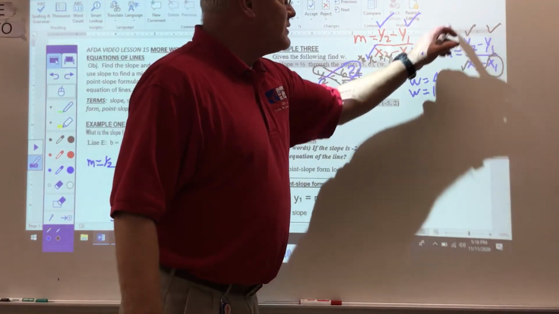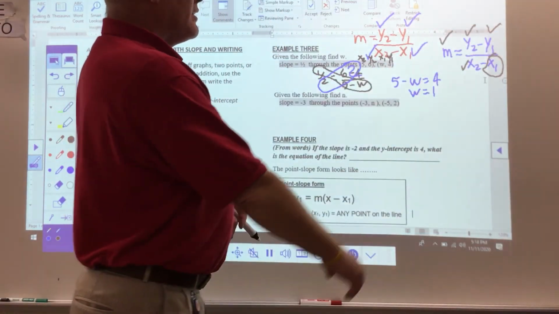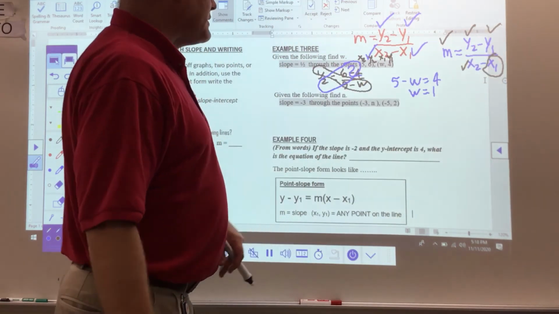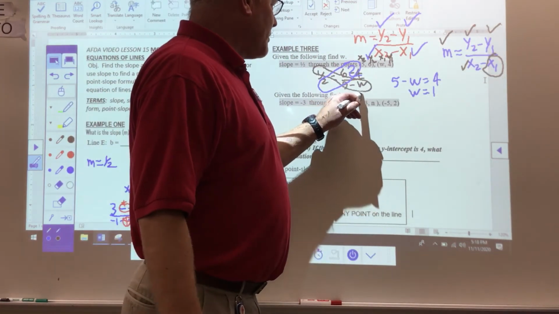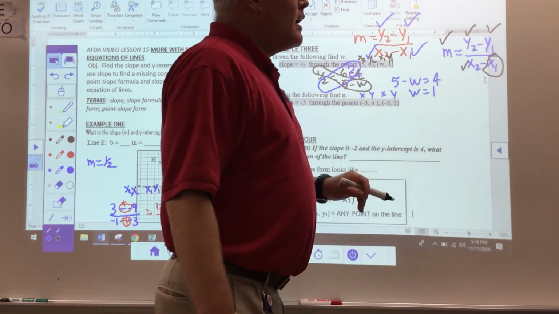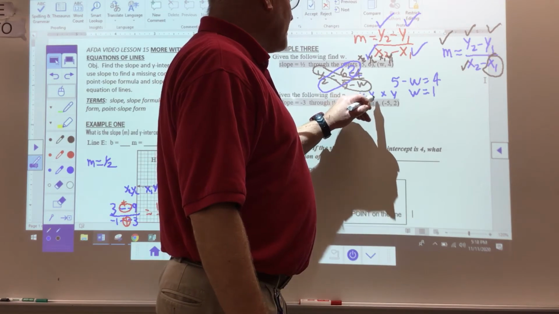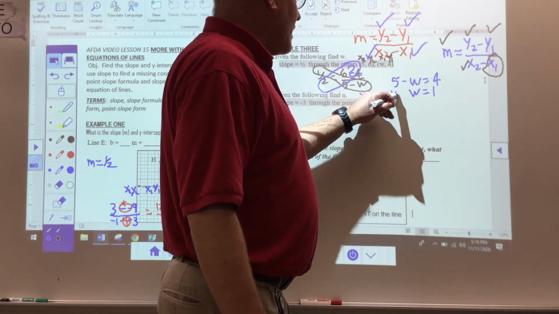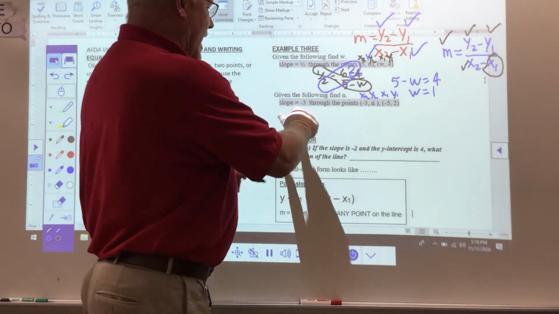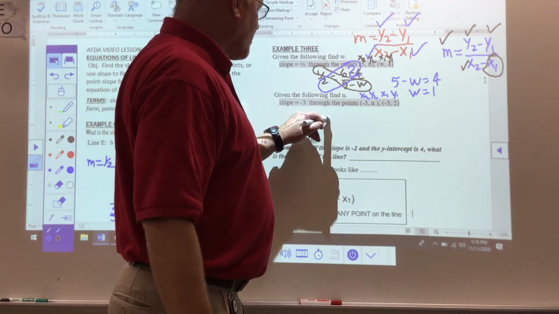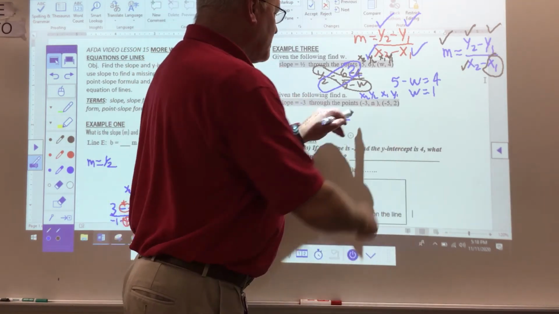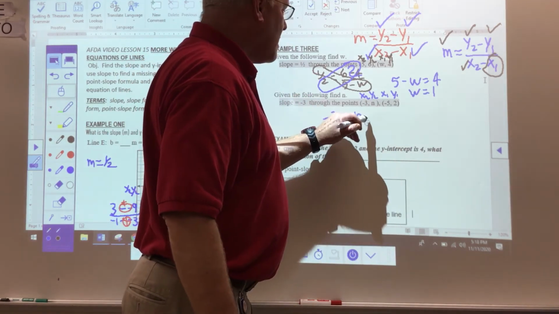So I'm going to use this same formula up here. Now remember, I'm given m, and I'm given 3 out of the 4 of the coordinates. So let's set this up. Maybe we'll go x and y and x and y. And let's stay with it. Let's just call this 2, and these guys 1 right there. Okay? So we have our slope, which is -3, all equal to our y sub 2, which is n, minus